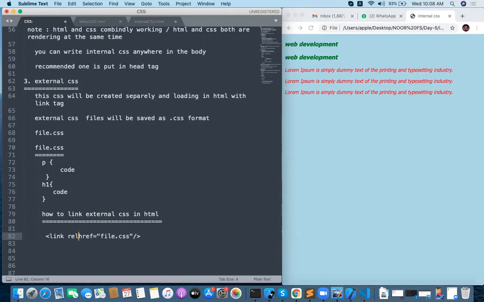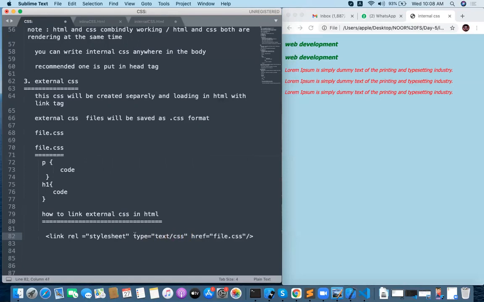Link rel equal to stylesheet. Okay, type equal to text/css, this is not very important.